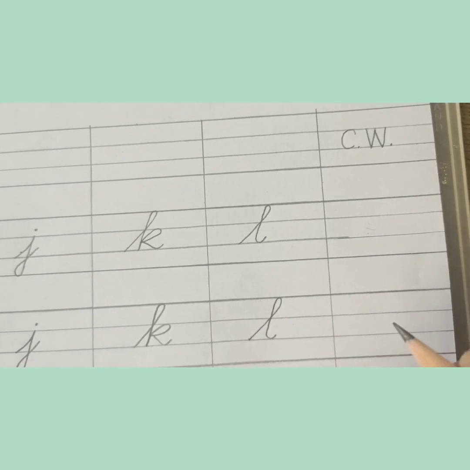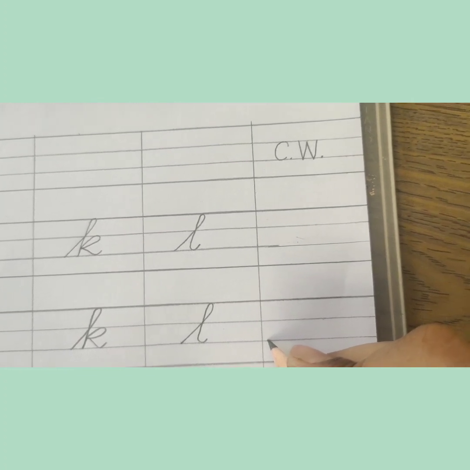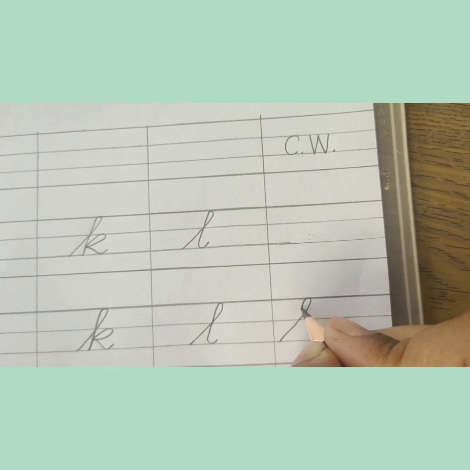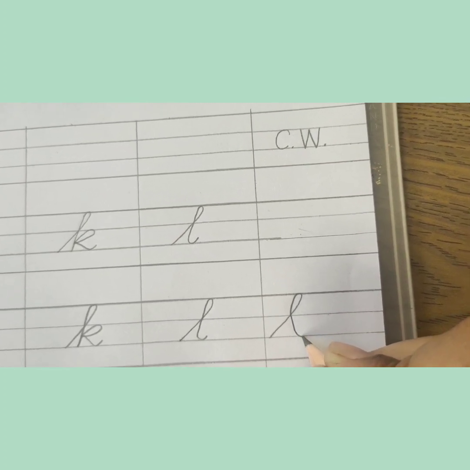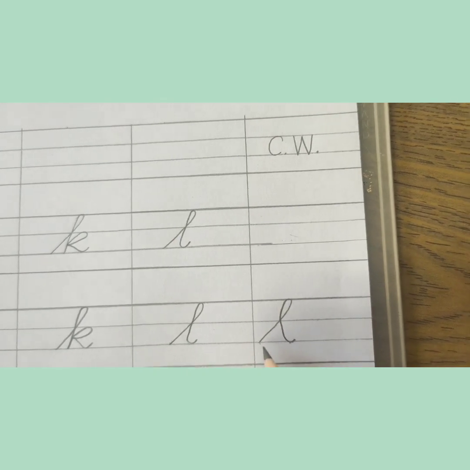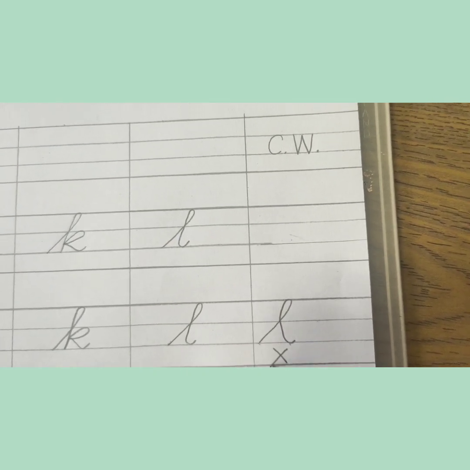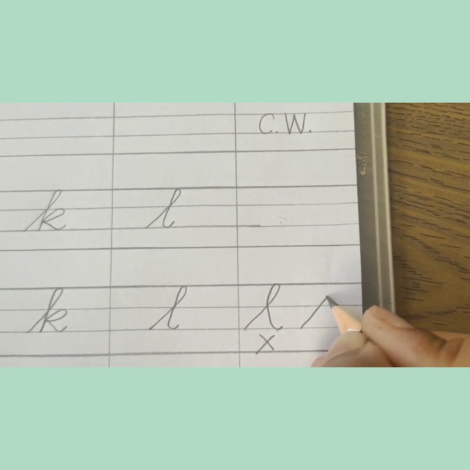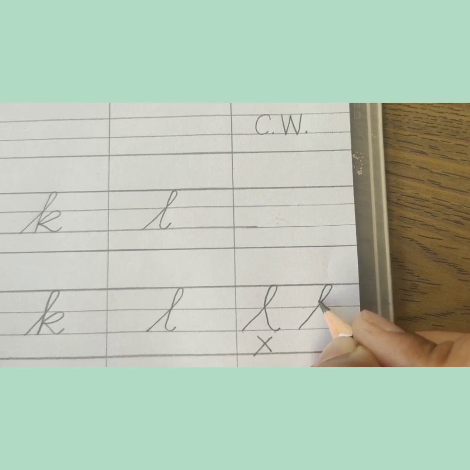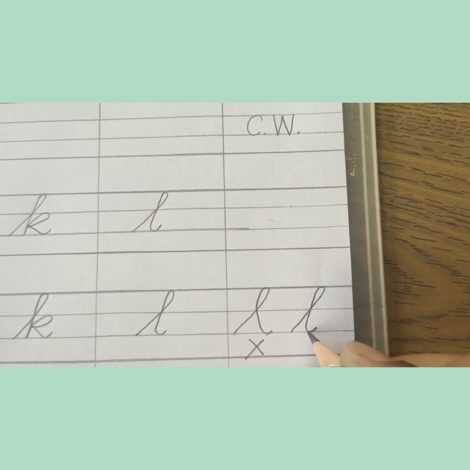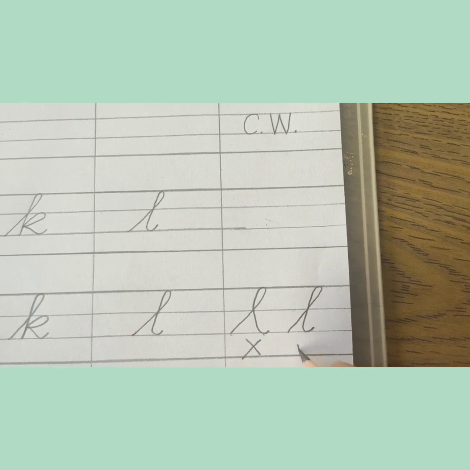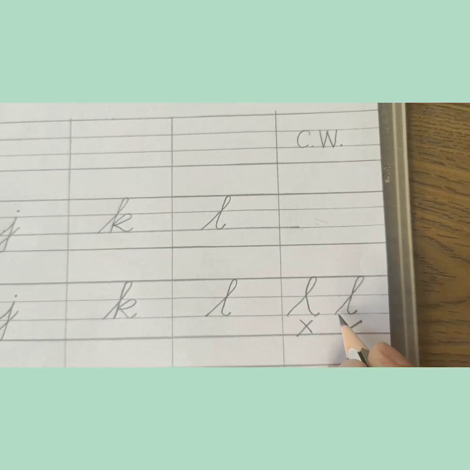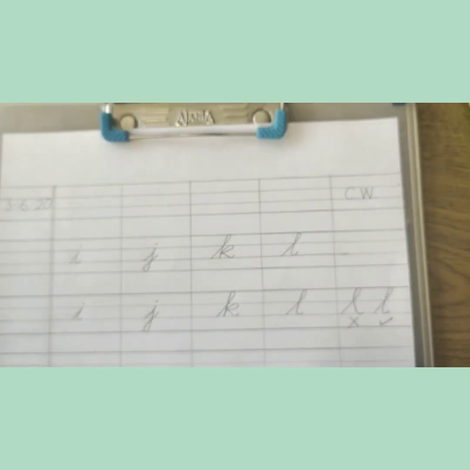Make sure children, when you make L, this line will not go far from the previous line. If you draw like this, then it will be wrong. So how to write L? Make one slant line, come down from the back side near the previous line. Make sure children, near the previous line, then you will make it correctly. Okay? Like this, you will complete this work in your school copy.